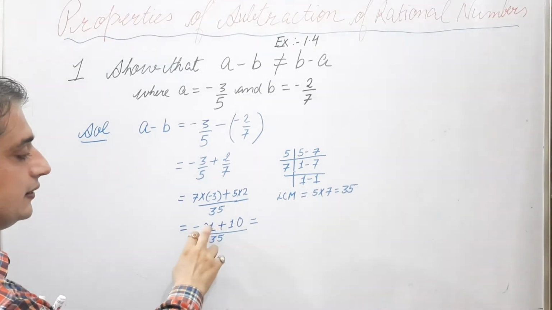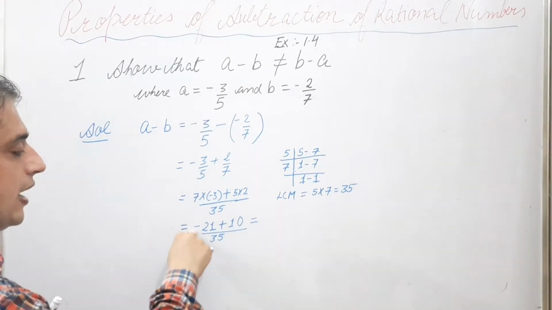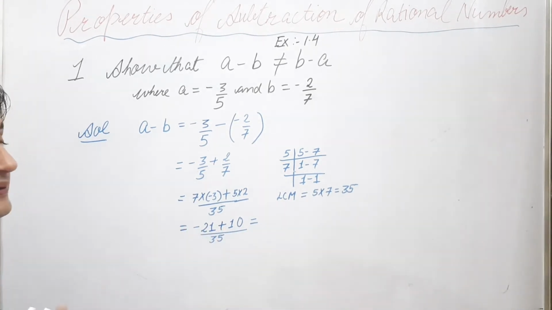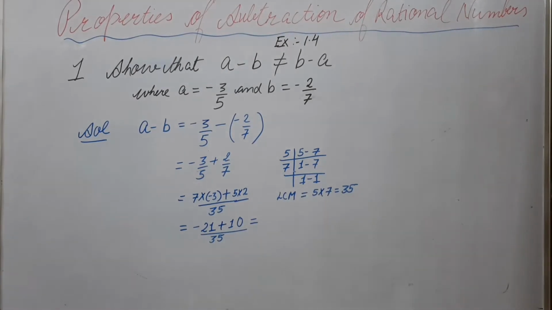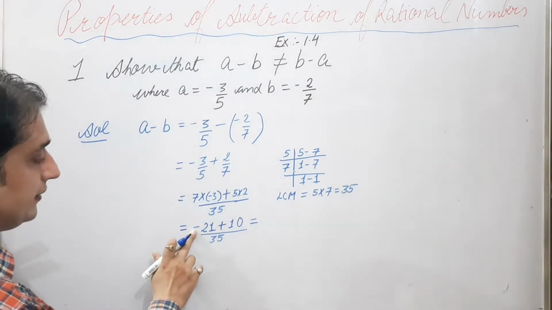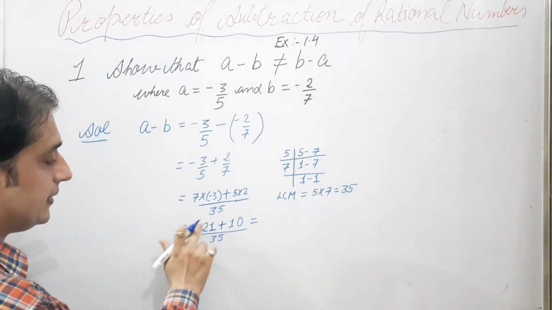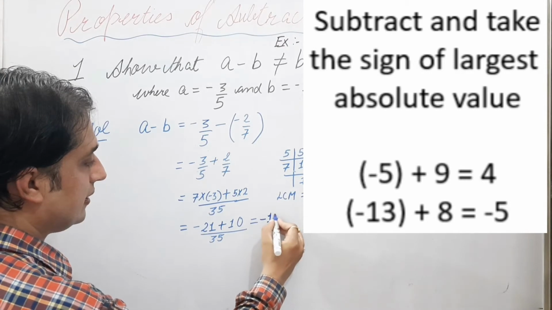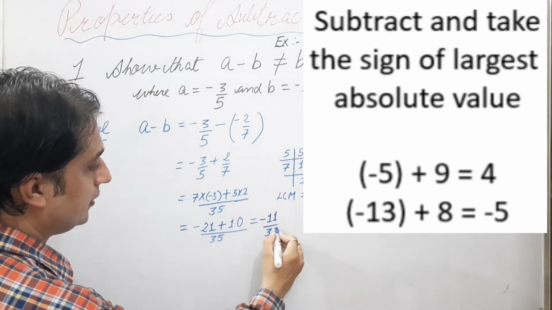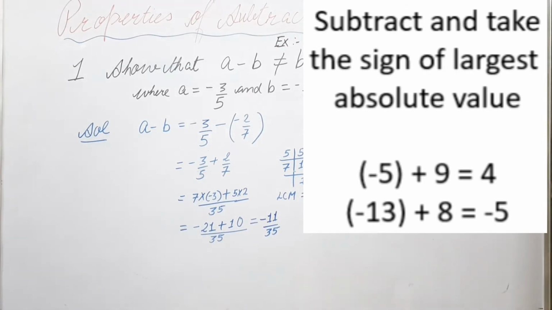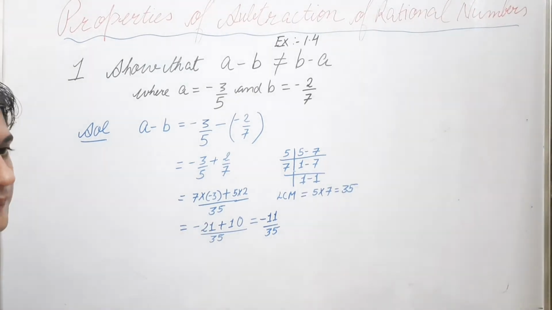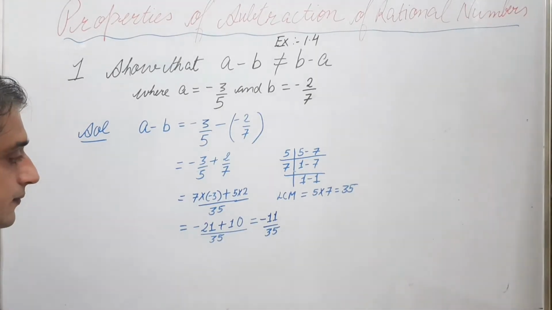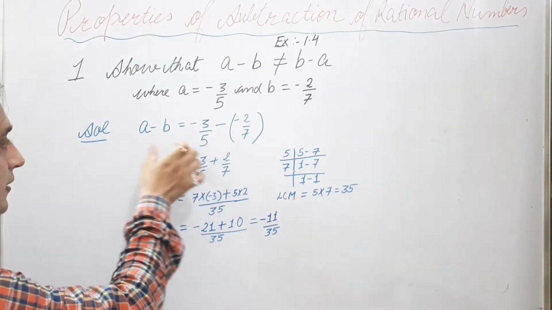But in this operation, firstly you have to subtract the two numbers and then assign the sign of the number which is greater. तो यहाँ पे 21 हमारा greater है, so we will assign the sign: minus 11 upon 35. ये 21 नंबर बड़ा है बट नेगेटिव के कारण ये नंबर 10 से छोटा है, पॉजिटिव 10 से छोटा. So this is a minus b.